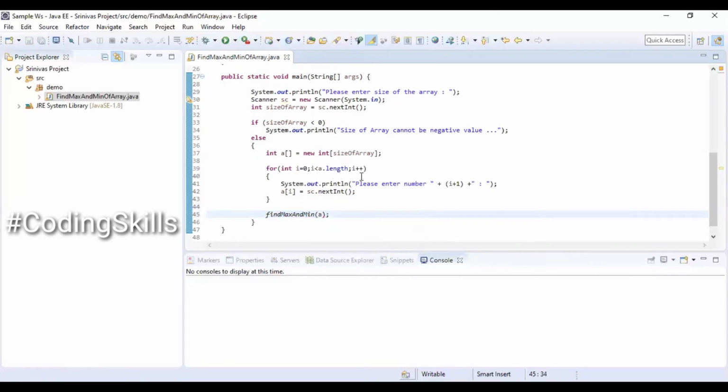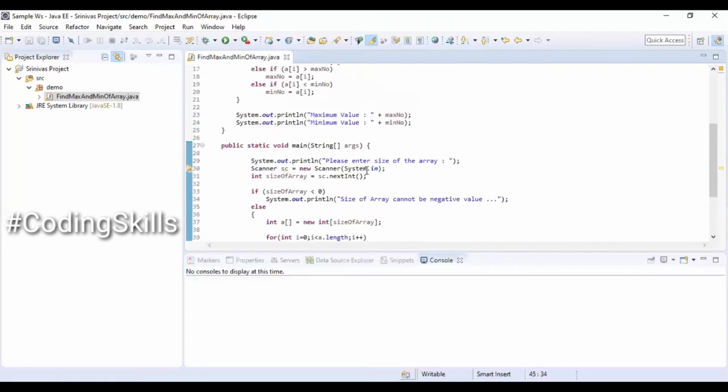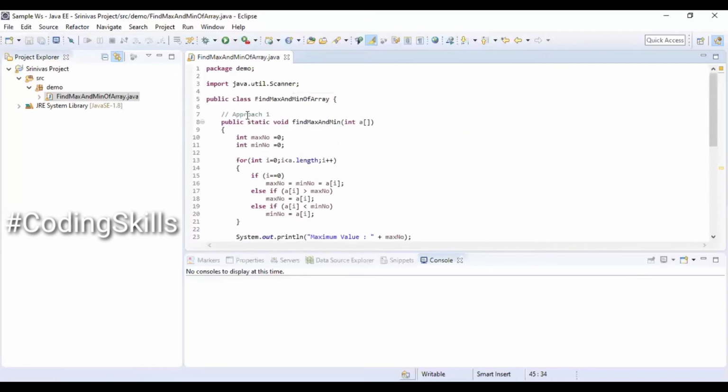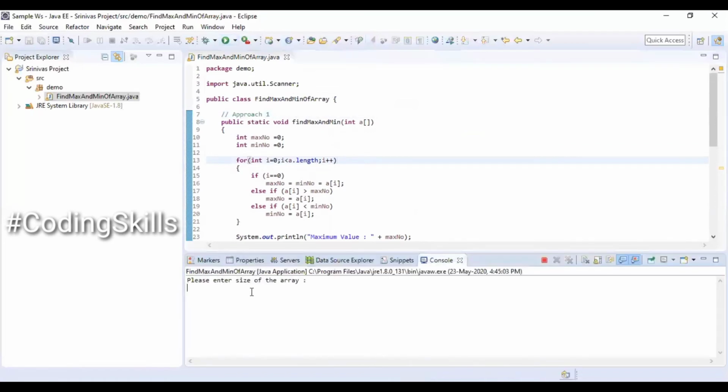We are almost done, so we will start running the program. First we will test the negative scenario by entering a negative value. The size of the array cannot be negative. Entering 5, so this will take an input of 5 values. So entering 5 different values.